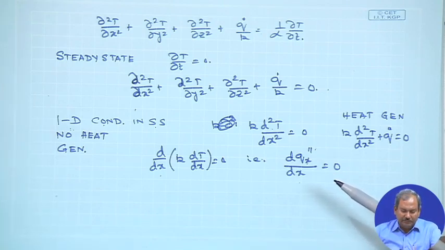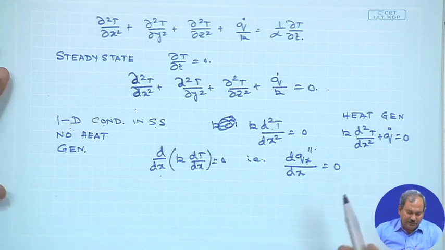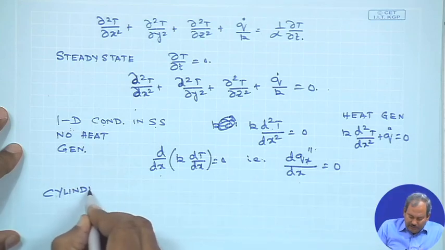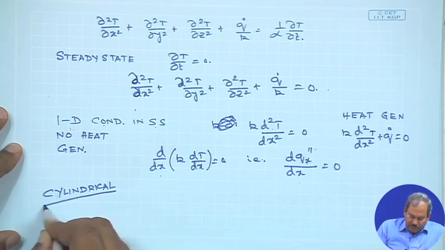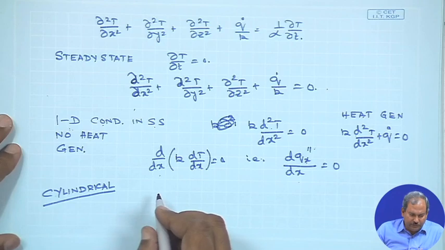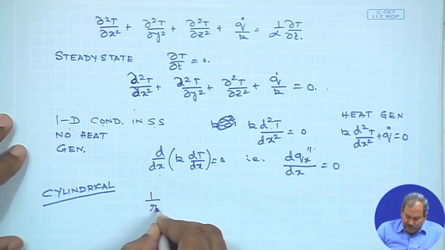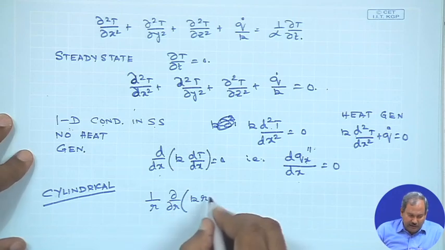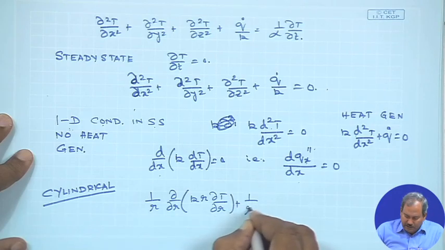These expressions are very common and would give rise to several other simplifying cases. So, this is in Cartesian coordinate system. So, if you write it in cylindrical coordinate systems, and you should be able to see it from your text, you would see that for the cylindrical coordinate system, 1 by r del r of k r del t del r plus 1 by r square